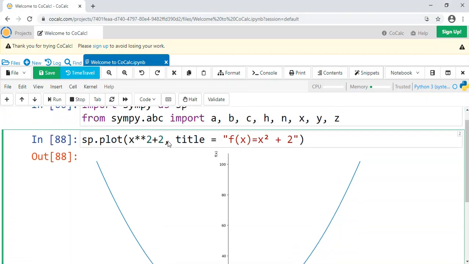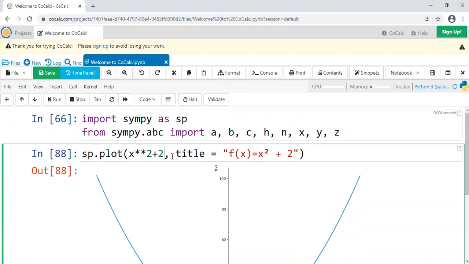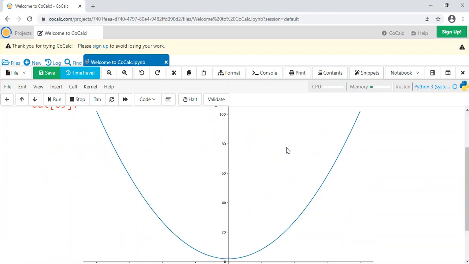If you're not familiar with keyword arguments, it's a way to customize this graph. I have the first argument here, which is the formula, and then a keyword argument at the end, which is title equals, and then whatever I want my title to be in quotes. I run that, and it should show up.